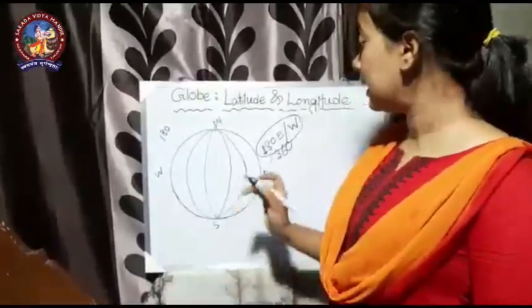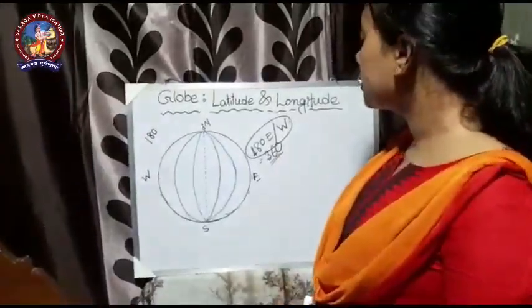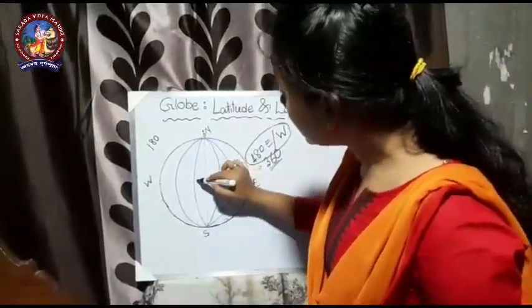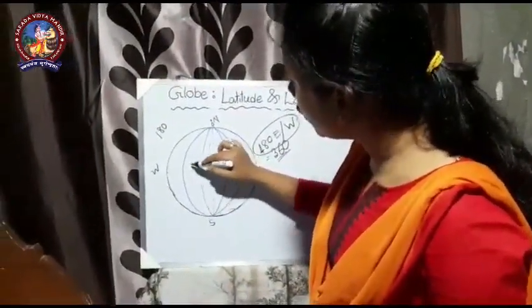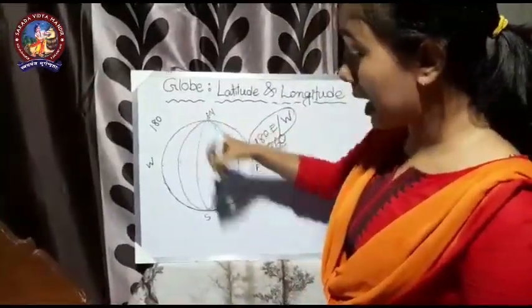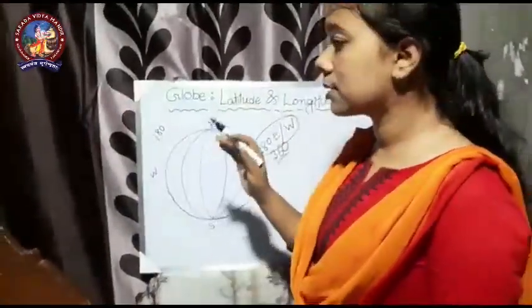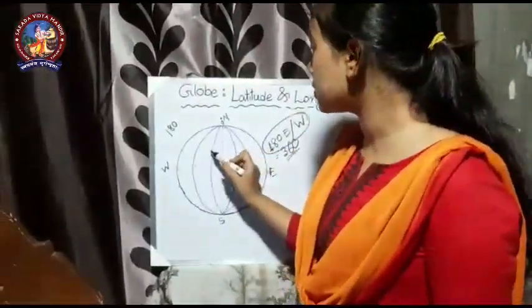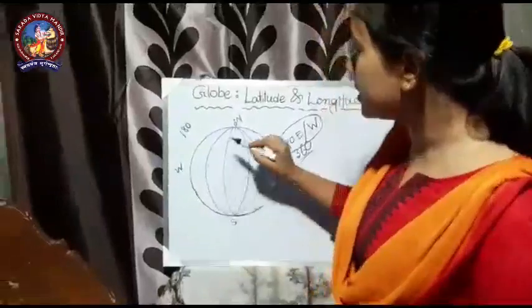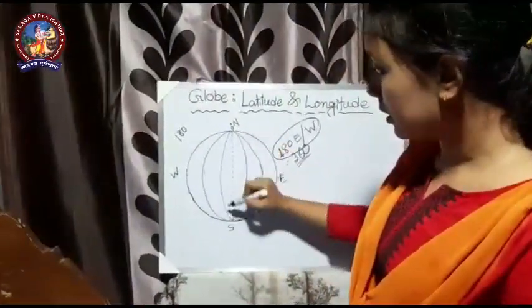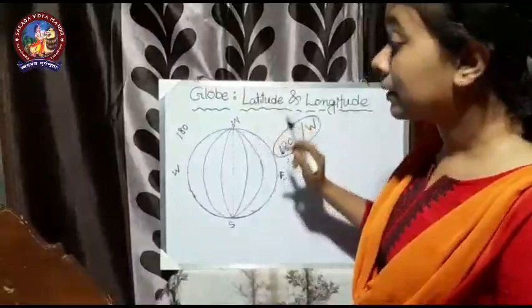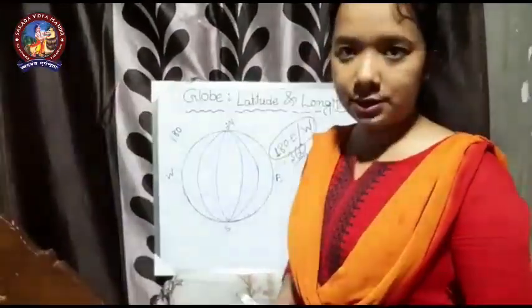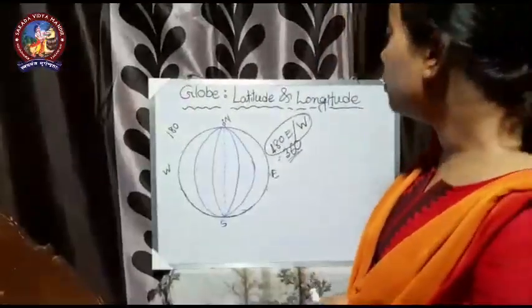So we can consider as 360 longitudes we are having. Now see here the differences between two longitudes. It's not the same as latitudes are having. Latitudes are having the same distance between two latitudes, but the longitudes don't have the same distance to the poles. It used to decrease, and the maximum difference used to be 1 degree. Fine.